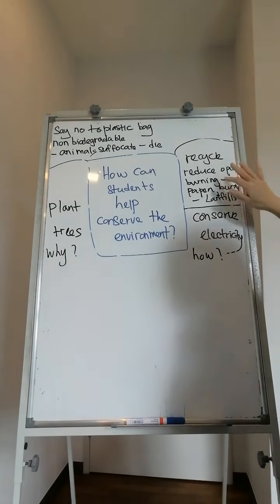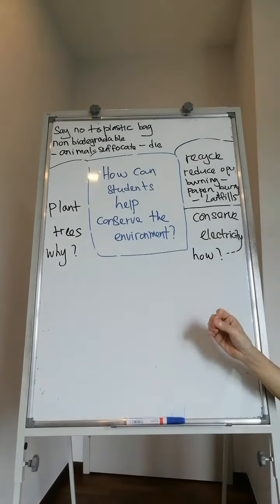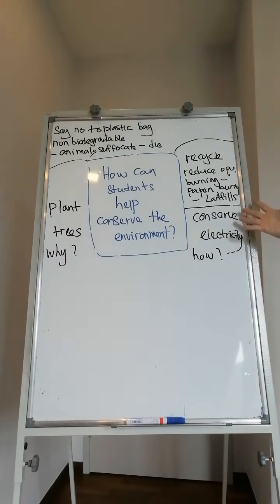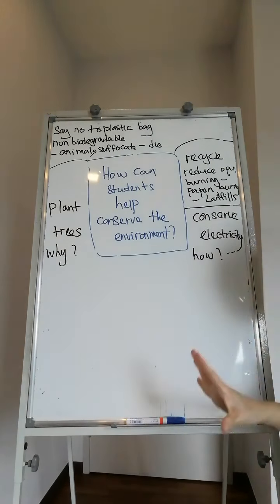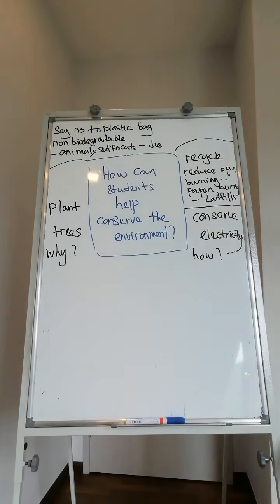Now let us go on. Apart from that, what can we do? We need to conserve electricity. This is very easy. We can do this by switching off lights when we are not in the room, and not switching on the radio and television at the same time. Fans or air conditioners should be used only when it is really hot. So these are ways to save electricity.